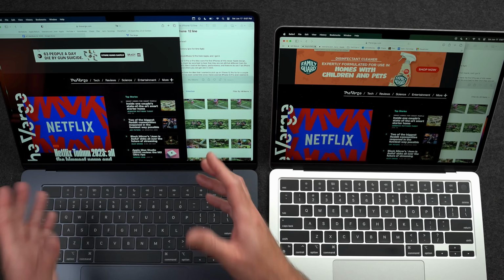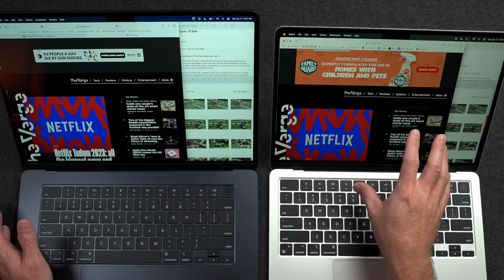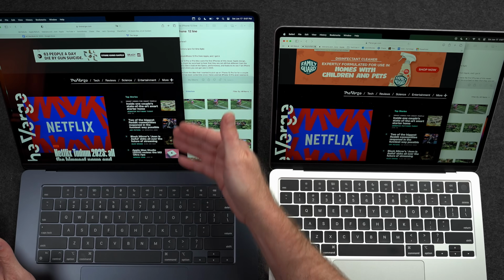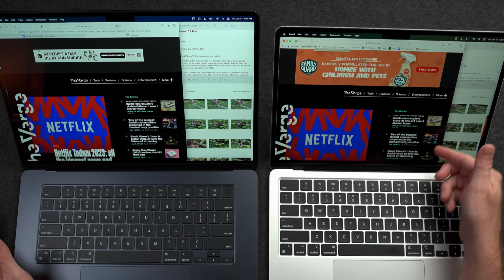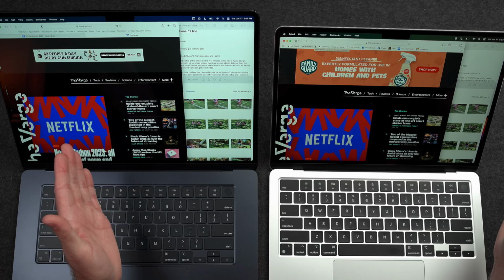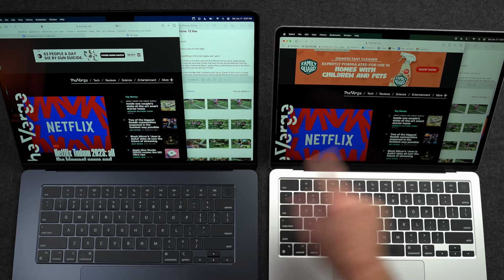Now, as you can see, the 15-inch can fit a bit more on the display at one time compared to the 13-inch. I have the same page open, the same windows. And over here, for example, on the version.com, we see 4 articles listed right here. And over here, we can only see 3. So you can see that there's a little bit more vertical room and then also horizontally as well. So we can see more of the pictures over here and more of this text in the note on the